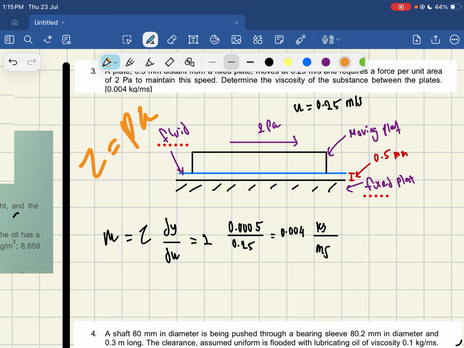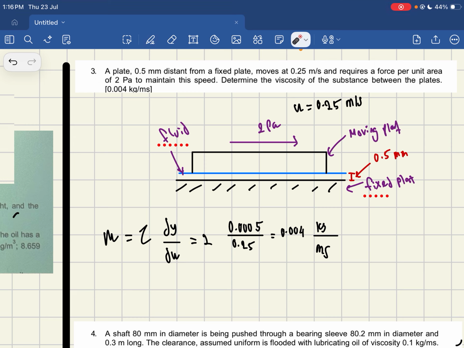Whereas force per unit area is essentially a translation of this formula, tau equals force over A. You will get Newton per meter square, or another unit would be Pascal. So force per unit area of 2 Pascal. That's why the value of 2 Pascal is illustrated for tau. How did we define tau in this question? So tau will be 2,